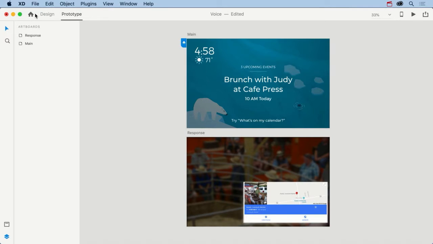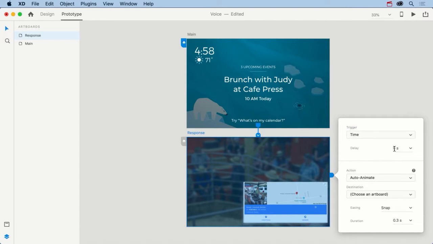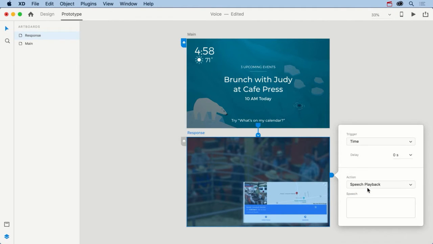So I'm going to close the preview, and I'm going to select the response artboard and click the wire. Now what we're going to do here may seem to be a little bit different. We're going to use a time trigger. We're going to set the delay to 0 seconds, but the action is going to be speech playback. Then all you will have to do is to enter the text that will be used. In this case, it is,